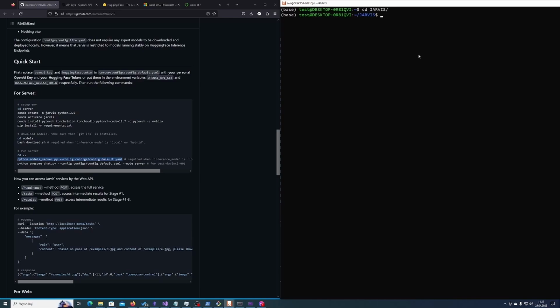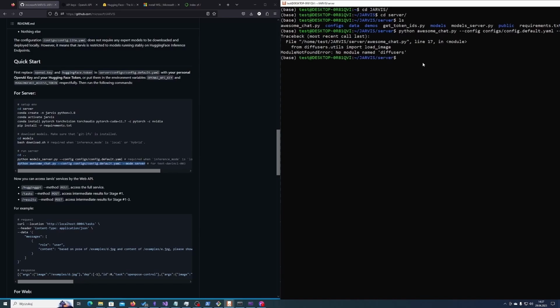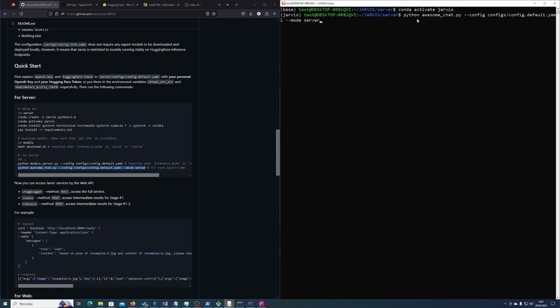And you need to remember every time you open a new shell that you need to activate the virtual environment, because in this case I forgot to do this, and as you can see there is an error, so don't forget about this. And now our server is running, and the last thing we need to do is to configure a web application